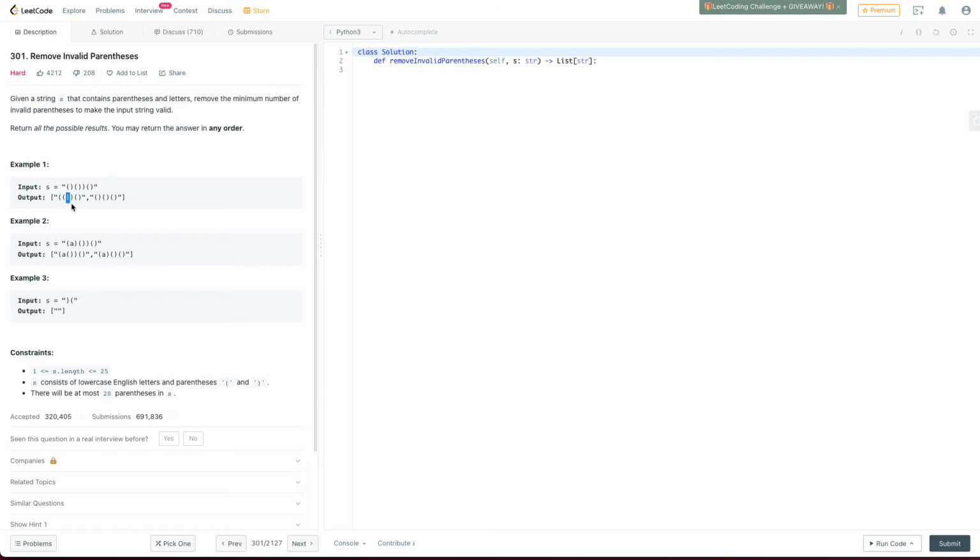So if I write a function to check the legitimacy of this, let's say I start with the root, and if it's not legitimate,